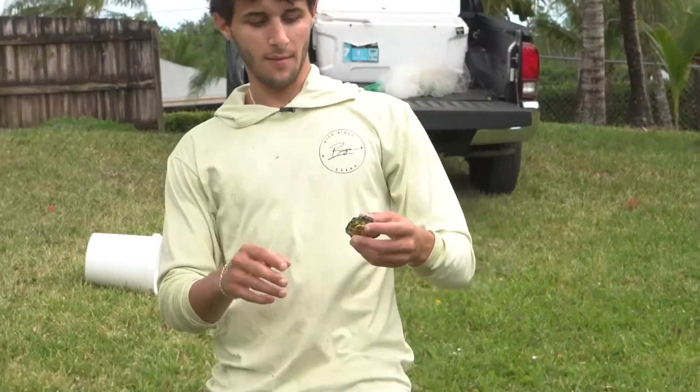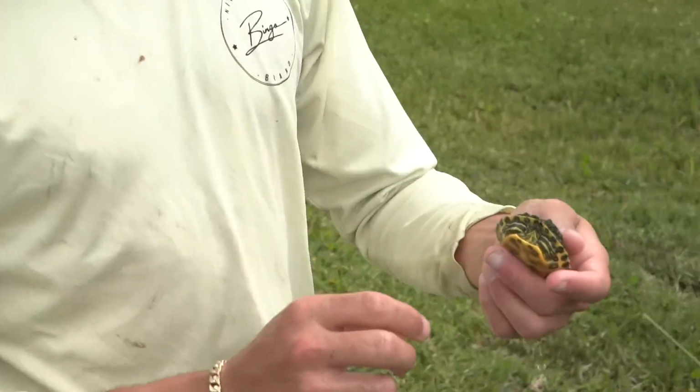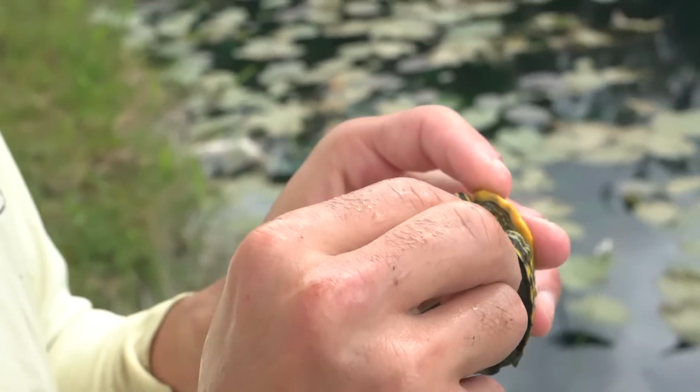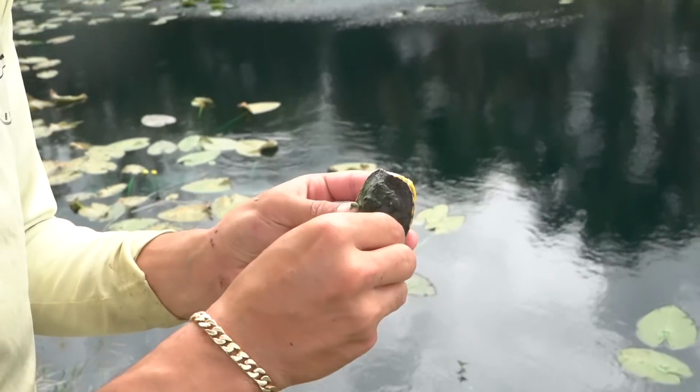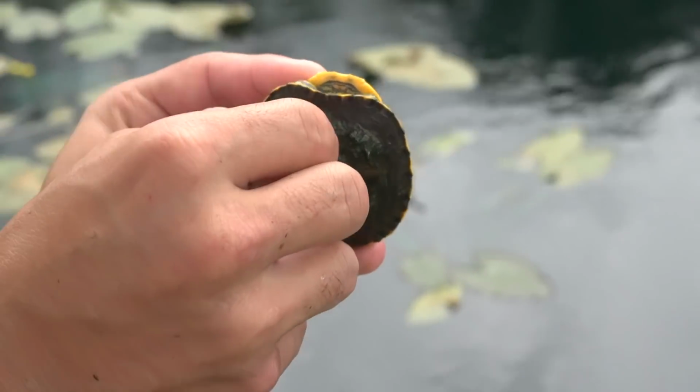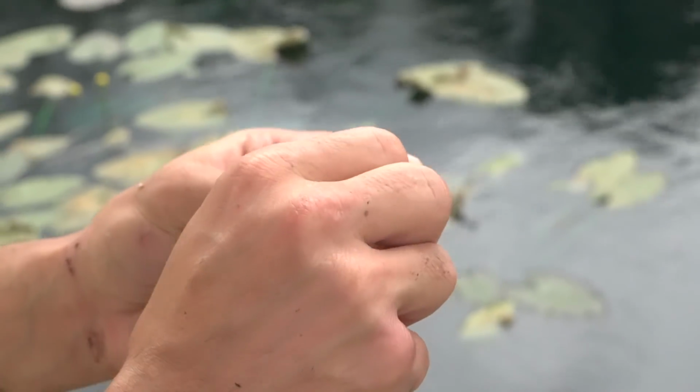Oh my gosh. Can't believe we caught a turtle today, but we ended up getting this little yellow belly slider. I do want to take this algae off. I'm gonna try to just pick as much as I can off. I think that's as best as we're gonna get for the algae. If we see him later on in life, we'll give him a nice bath, but he's going in his new